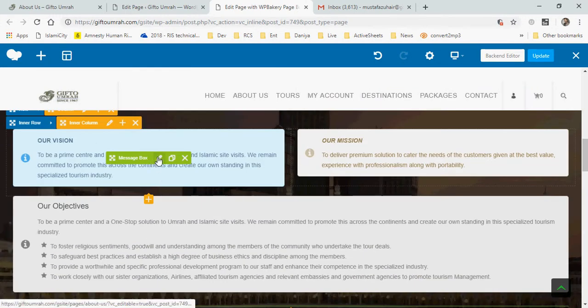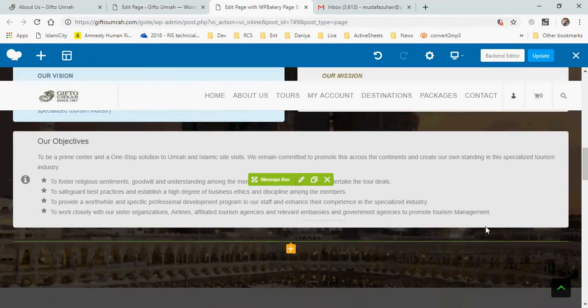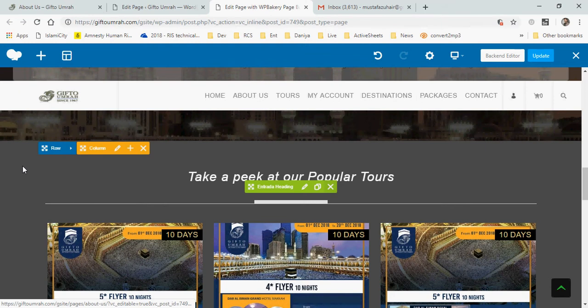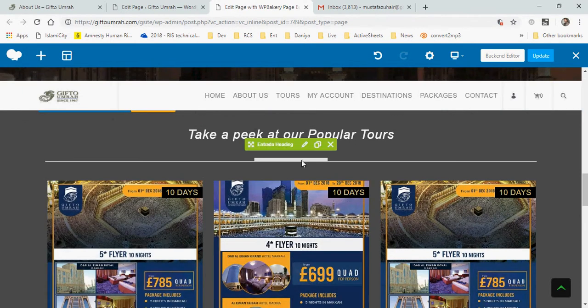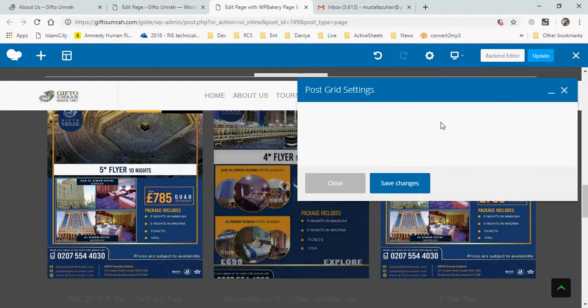And same thing here, if you want to change any of these box items, hover on it, click on the edit box, and that's how it is. Okay. And if you want to do away with entire rows or columns, for example, take the popular tool. If you don't want it on my about us page, you can just click on this entire row and click cross. So this will delete the entire row for you. Or if you want to keep the row but don't want these items over here, you can select individual items and click post grid and delete this post grid. But if you want to edit it, click here,